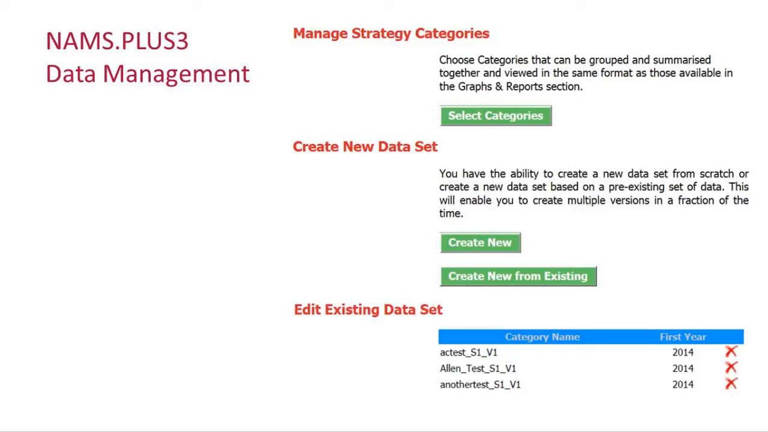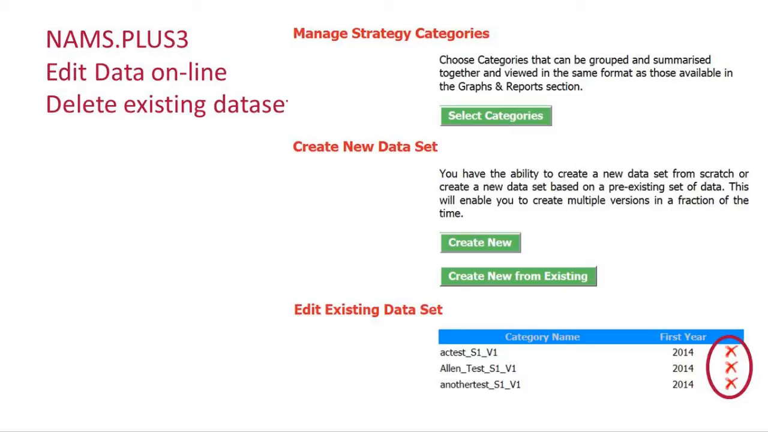Sometimes we end up with a lot of category datasets. You now have the ability to delete any categories that are no longer required by clicking on the red cross and confirming the delete action. Use care in deletion. You will be asked to confirm the deletion. Once a dataset is deleted, the data is gone forever unless you resubmit an expenditure template or enter or edit